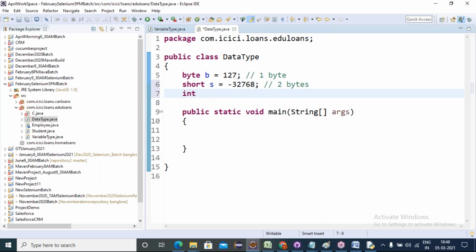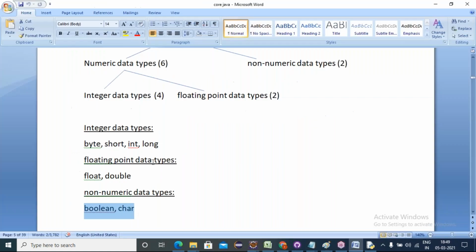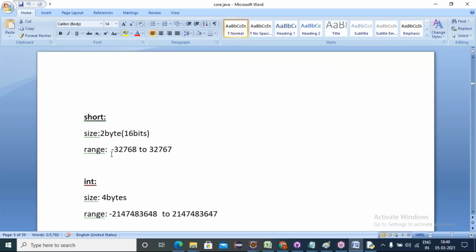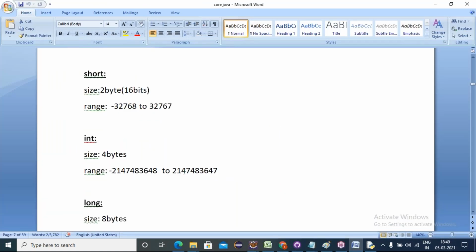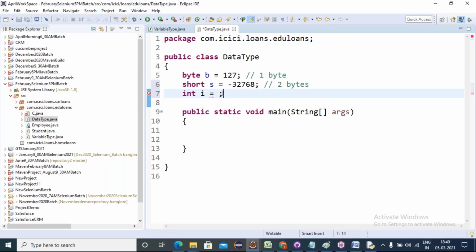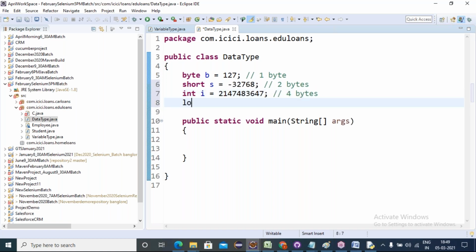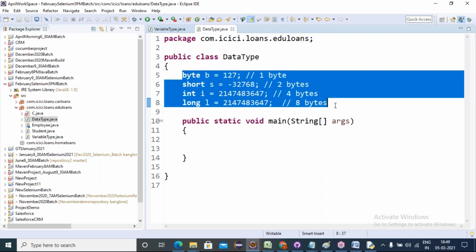Coming to int, I don't remember the size, let me copy paste. This is the negative range and this is the positive range. Based on your requirement, we declare that data type. The size is 4 bytes. And coming to long, the size is 8 bytes. This all comes under the integer data types.